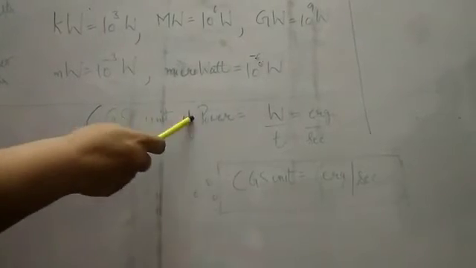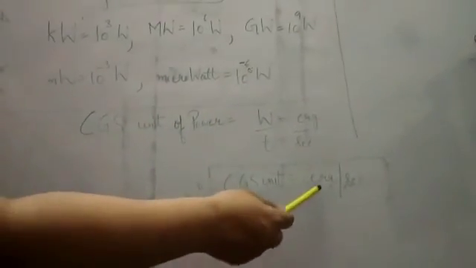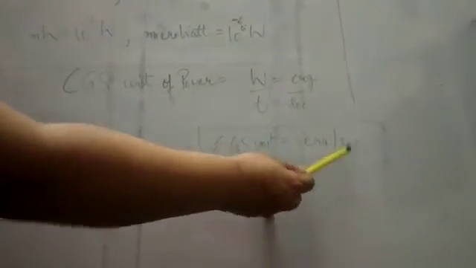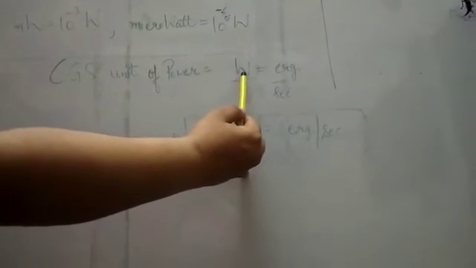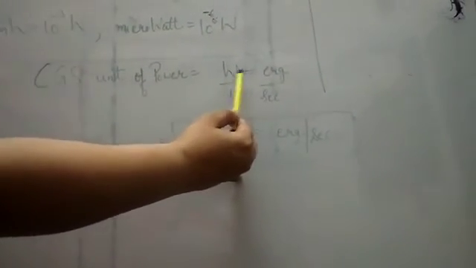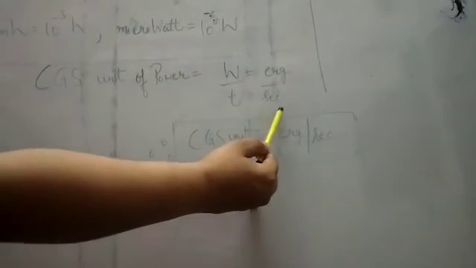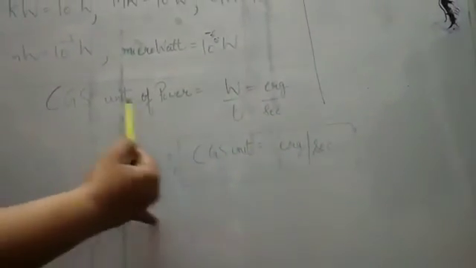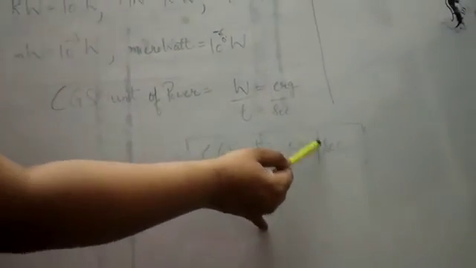Now after the SI unit, let us move to the CGS unit of power. CGS unit of power will be equal to erg per second. How come? As the CGS unit of work done is erg and time is second. So CGS unit of power will be equal to erg per second. One more important thing,